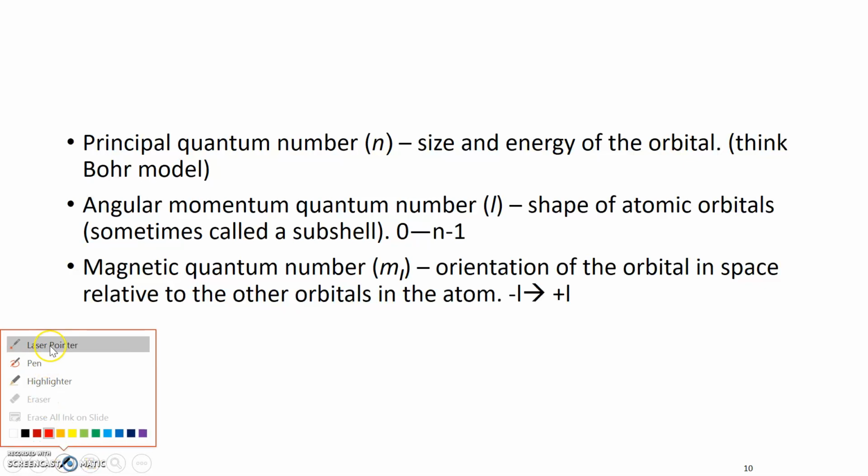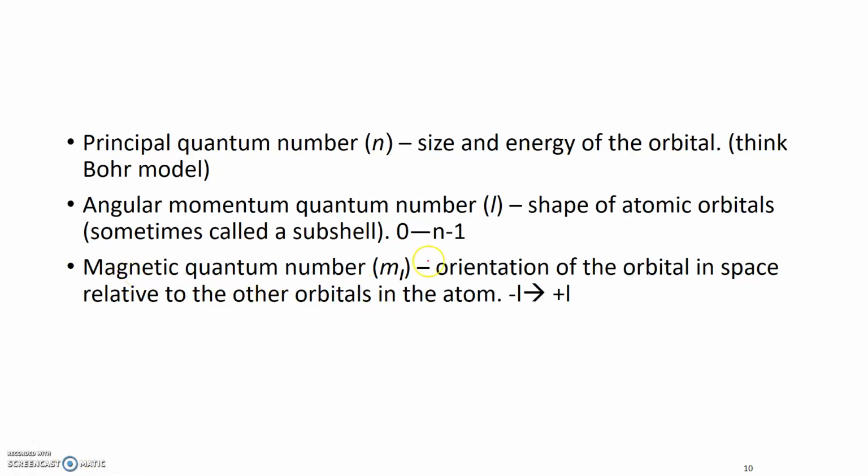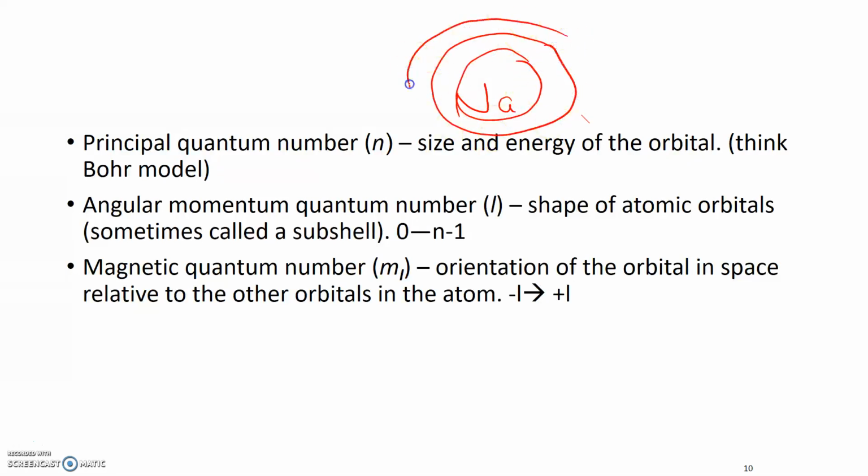Okay, so the last one ran out of time, but we're starting off where we left off there. Just to quickly review, the principal quantum number is just the number of shells you have. For example, in the case of sodium we were talking about, sodium has 1, 2, 3 orbitals in the Bohr model. So N for sodium